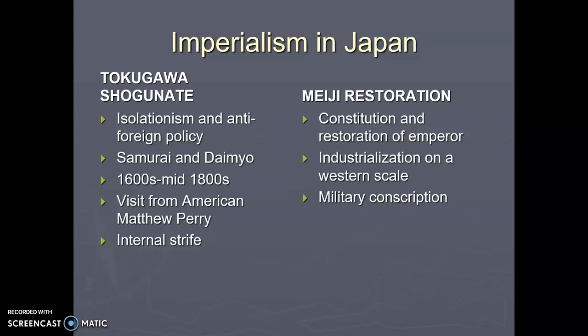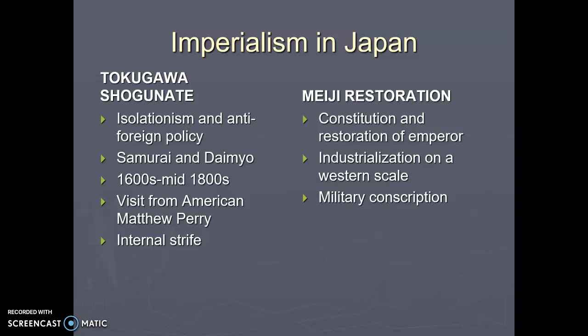If we go back to Japan in the 1600s, 1700s, we would recognize a much more feudal Japan, one where the samurai and the daimyo are part of this layered society. The political system was under the Tokugawa shogunate, so a lot less power in the hands of an emperor who was seen more as a figurehead. The shogun is the much more significant power, and in this feudal society, there is also a great deal of